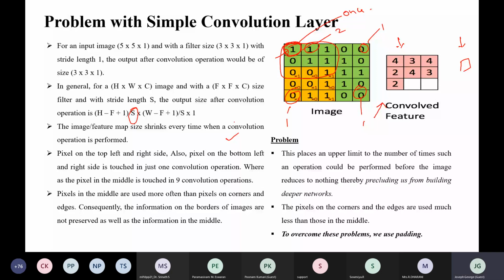So in order to solve that, we are going for another important operation called padding.